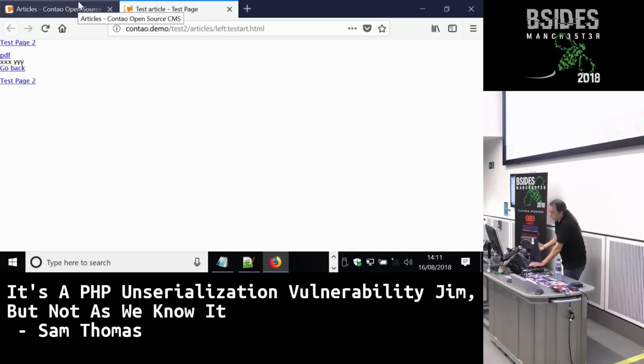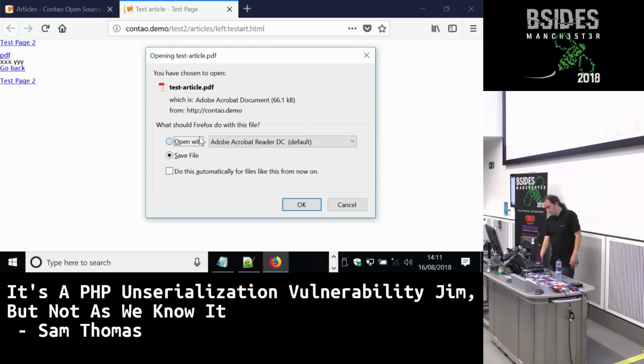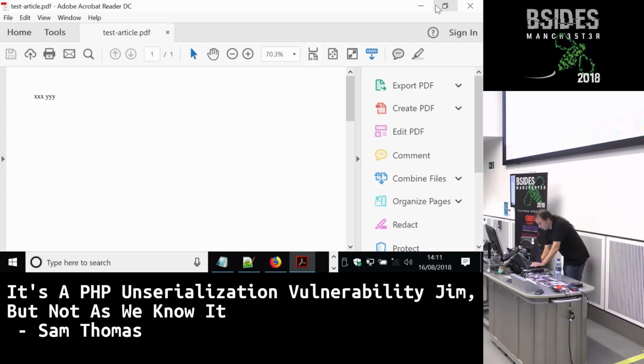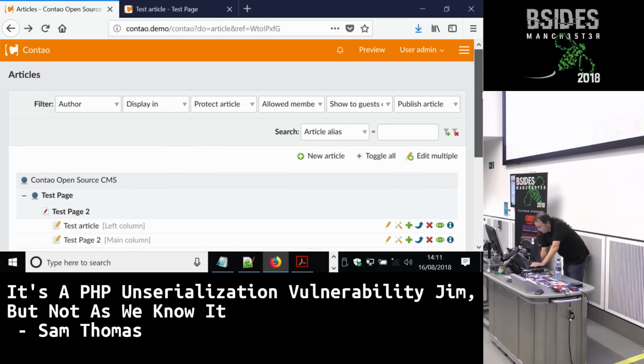So I've got this article set up. I've just got the content set as XXXYYY at the moment. That should generate a PDF. XXXYYY. If I edit the content of that,